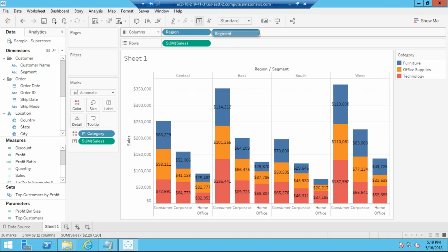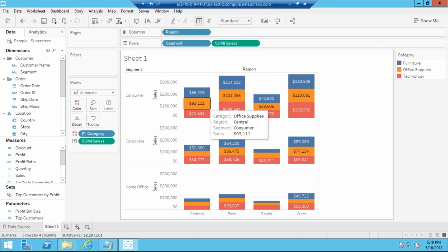This is all about how you want to play around with this. You can just drop it here, and you will get this view. Earlier you were getting horizontal bars, now you're getting rows. Here this is for consumer, this is for corporate, this is for home office. You have 4 regions. You can name it customer segment.